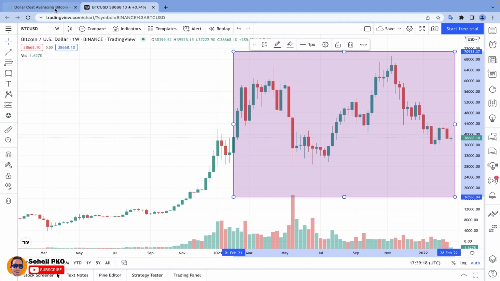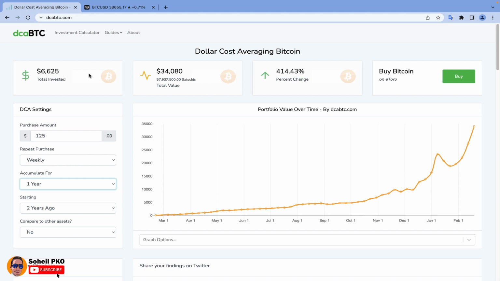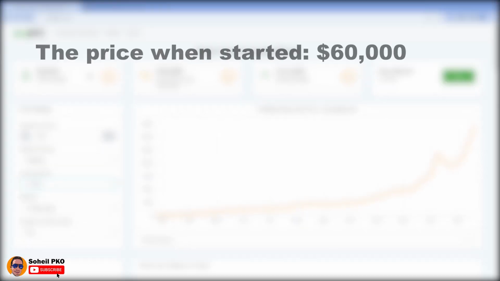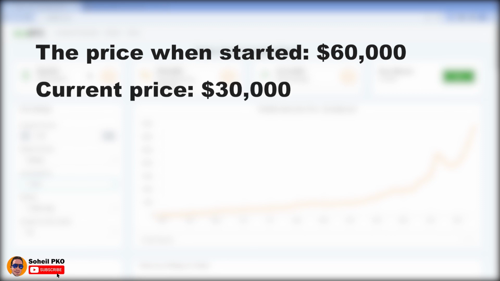By these examples, you may think that the dollar cost averaging is a winning ticket, but you shouldn't just look at it the upside way, and you must also think about it the other way. Consider the price was $60,000 when you started investing by this strategy, but after that the price started declining, and now after a month of investing the price is $30,000, 50%